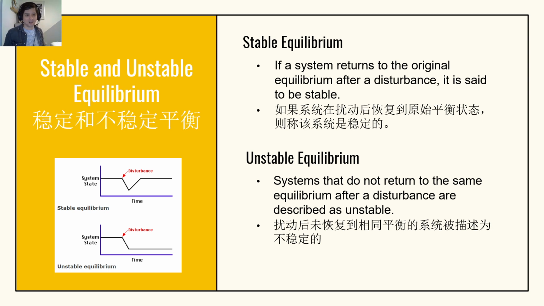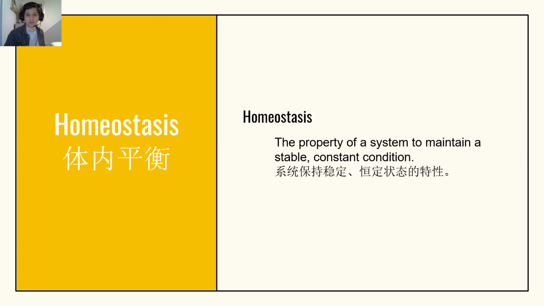And there are a number of possible reasons why this might happen. It depends on the factor, but typically the more healthy an ecosystem is, the more stable it is, right? So typically if we see a disturbance cause a change in equilibrium, it's typically a sign that something was wrong to begin with. Okay, and here's this word we talked about at the beginning, homeostasis. Homeo is kind of like the same state, the property of a system to maintain a stable, constant condition.